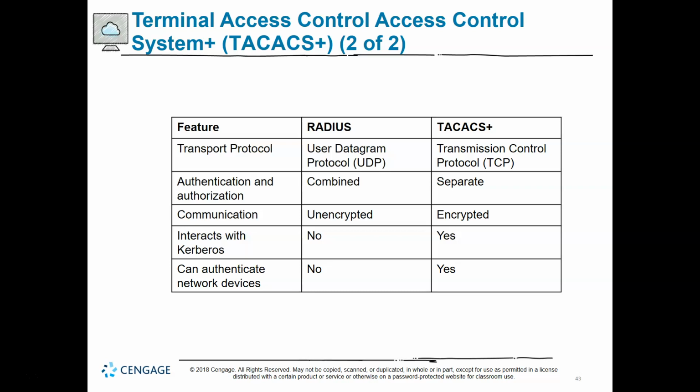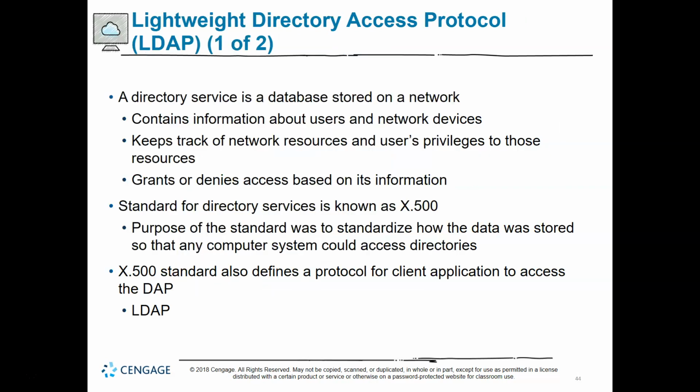For example, guests have very little privileges. They can basically surf the web, and that's all they can get to. So we can do it that way. This really shows one of the advantages to TACACS: all the communication back and forth is encrypted. That's really the biggest difference for me, because RADIUS sends it essentially unencrypted. So if you're running something like Wireshark, you're grabbing those packets, well, you're going to get all that data, and you're going to be out of luck, unfortunately. So in terms of security,